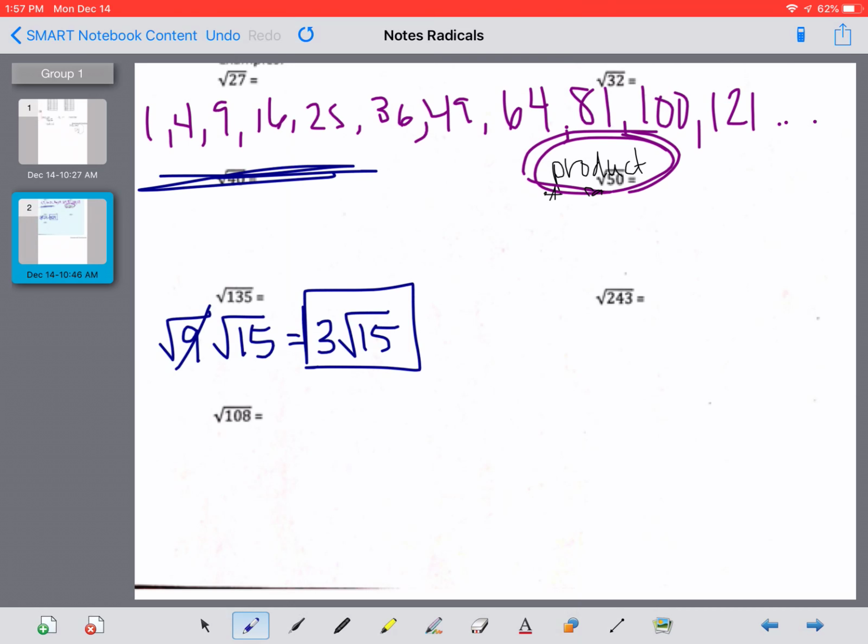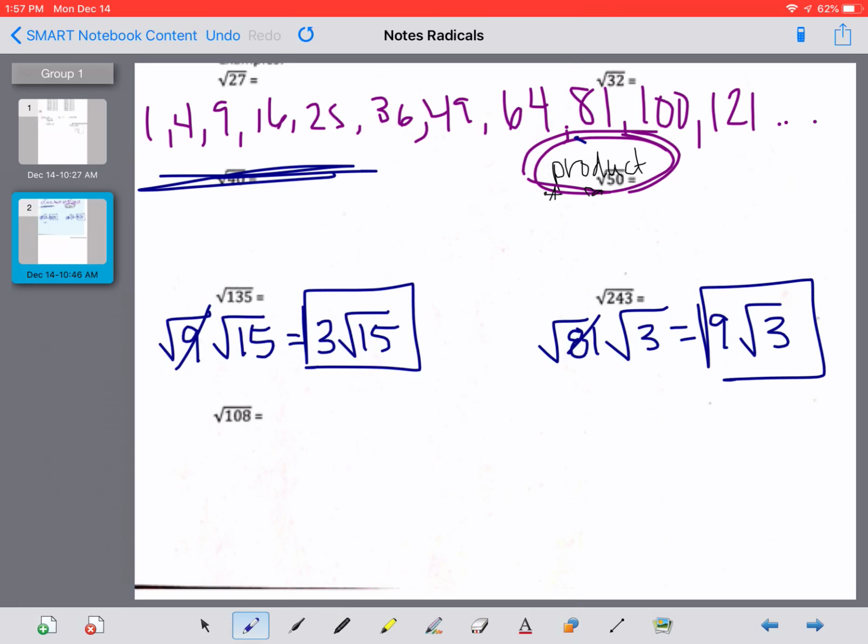Square root of 243. 81 goes into 243 3 times. And the square root of 81 is 9. We don't know what the square root of 3 is, so we leave it as 9 square root 3. And our last one here, 108, is the product of 36 and 3. The square root of 36 is 6. We don't know what the square root of 3 is, so our